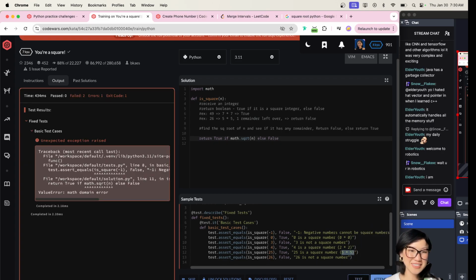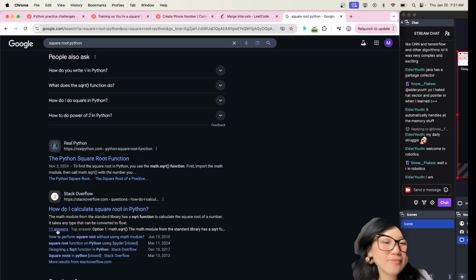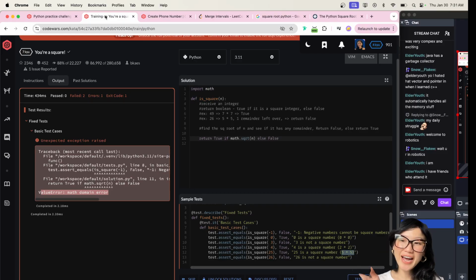No, darn it. Okay, import math, domain error. Okay, so it's saying value error. Did I not use this function correctly? One thing I'm getting better at,